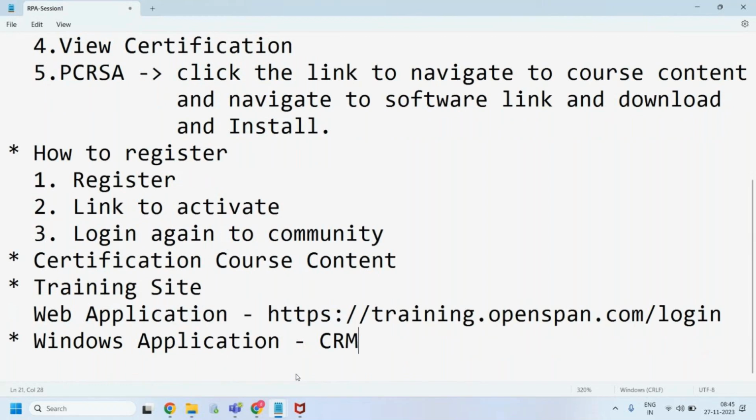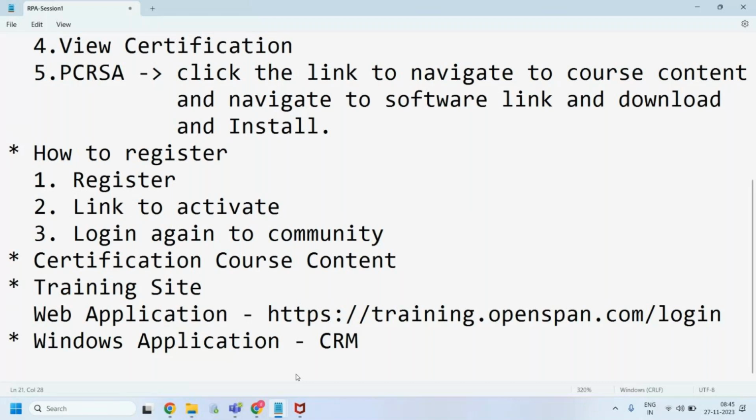And we have other applications like mainframe, SAP environment, and Citrix environment. We don't have the Citrix or mainframe environments, so I can demonstrate with screenshots how the environment looks and how to interact with it. But practically, we are developing the automations by using these applications. For Windows we are using CRM. For web applications we are using